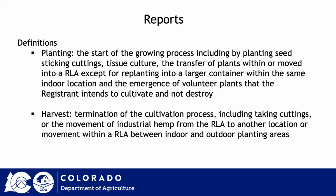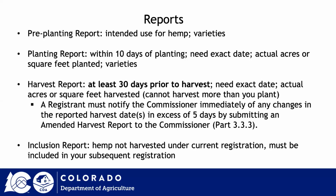We do have an avenue for folks to amend that if they report to us. Sometimes things change, weather events, planning, whatnot. So as long as that's communicated with us prior to this happening, we do allow registrants to change this. The pre-planting report is really just the intended use for hemp. So when somebody registers in our state, they also have to include maps and what their intended varieties are. It's not uncommon for that to change by the time they actually plant. I think I mentioned the planting report has to be within 10 days of planting, and the harvest within